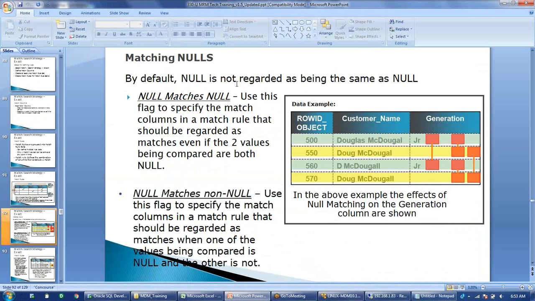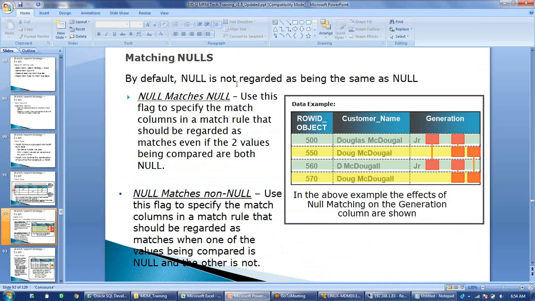Why? Suppose we take a scenario where I am taking three columns, first name, middle name and last name, for matching the records. Most of the people don't have a middle name, so it will be null for a lot of people. So if MDM finds that the first name and the last name for two records are exactly matching, but the middle name is null, it will be considered as a different record.